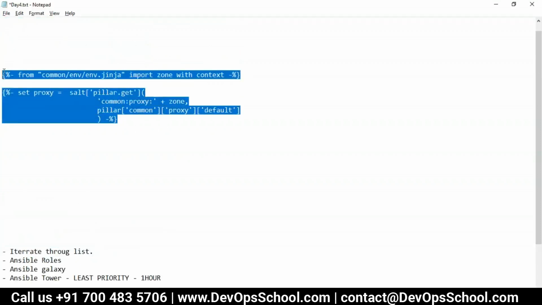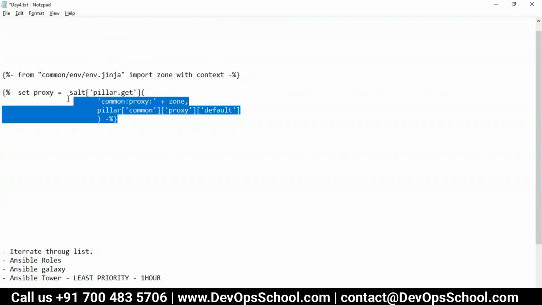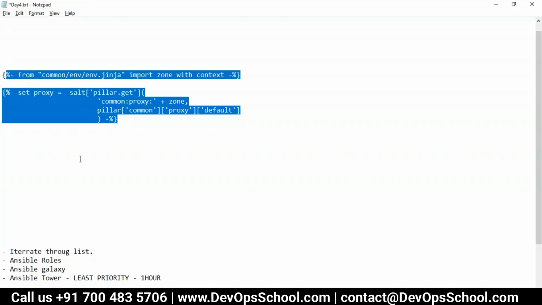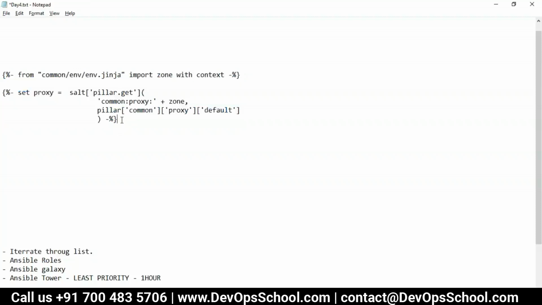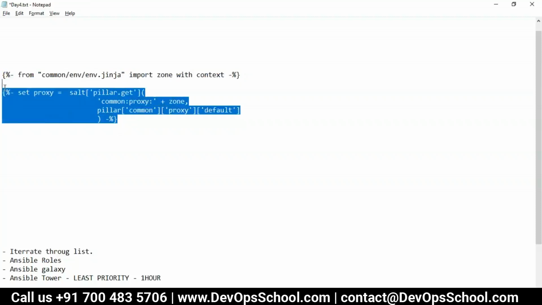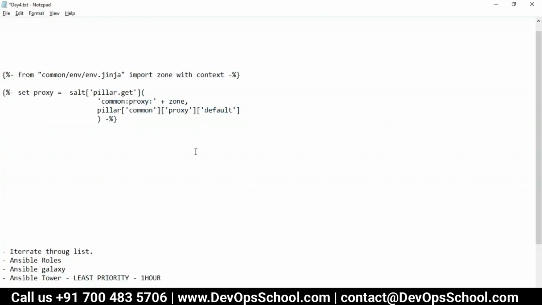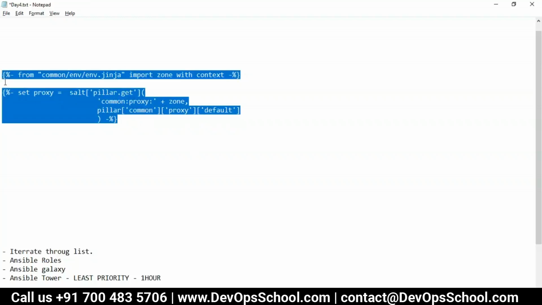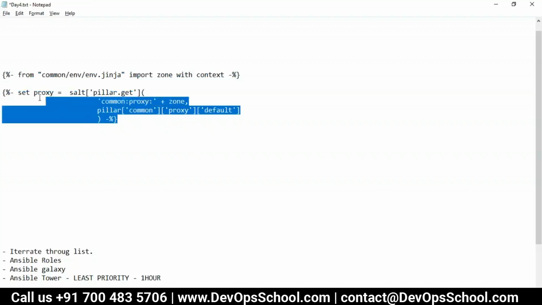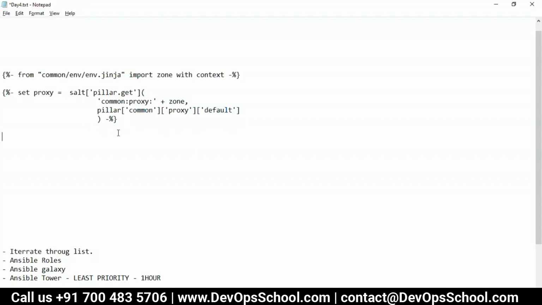But if you want to understand this particular code, in our environment we have some standards in server naming. For example, the first 4 characters represent the site code. Based on that site code, using the fact, we can get the host name. So we have to parse that first 4 characters, and based on that site code we need to do a lot of things. We need to assign the proxy server for that site code. Likewise, we need to dynamically create variables based on that server name. Actually, this is what it is doing here.